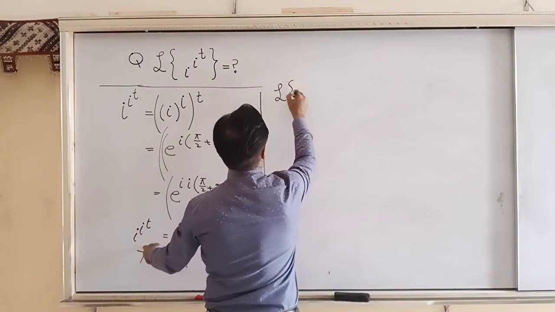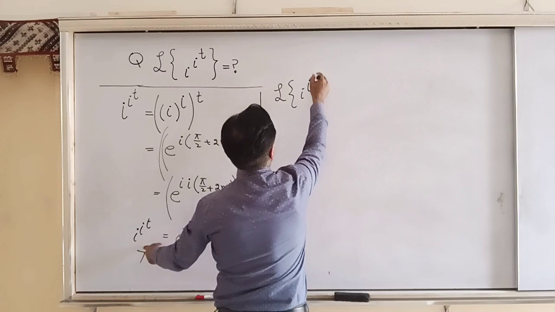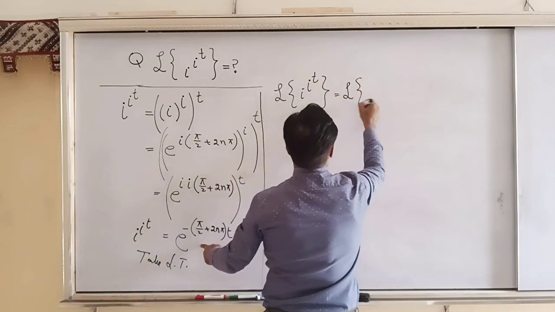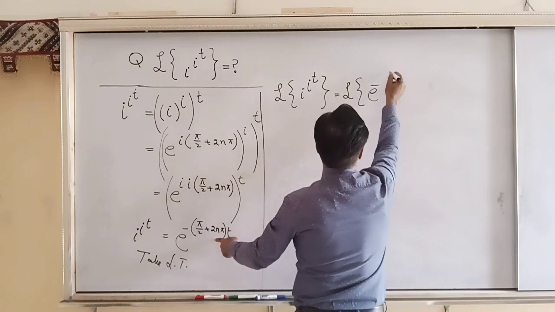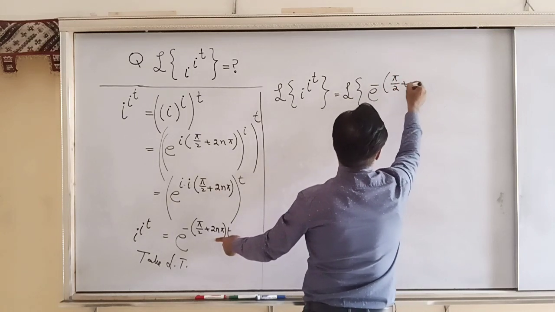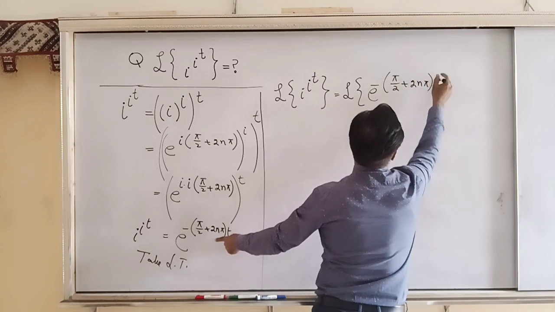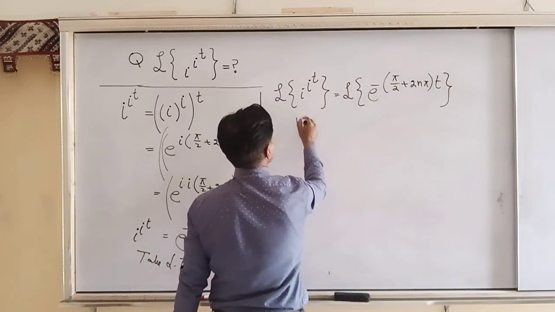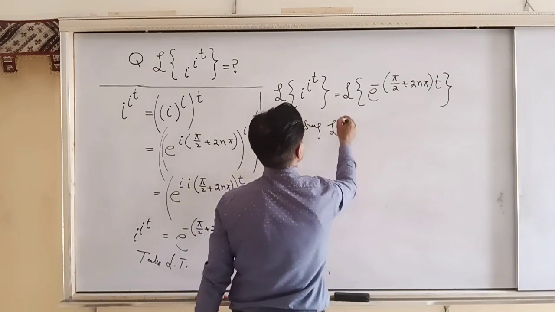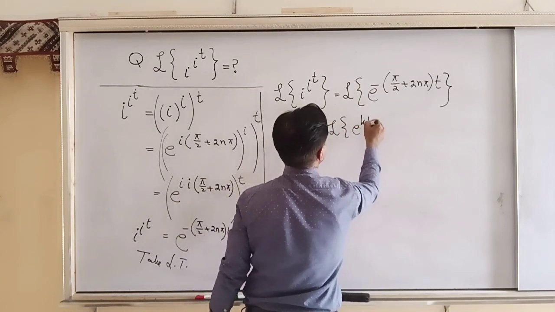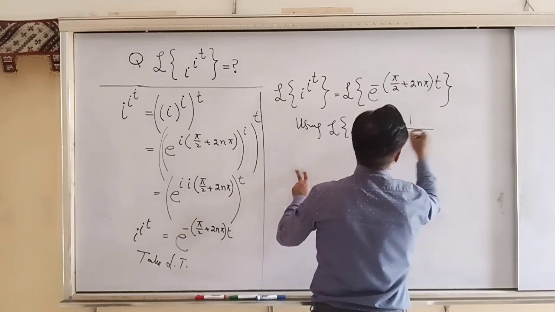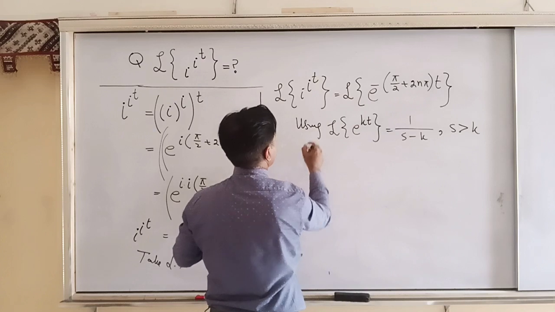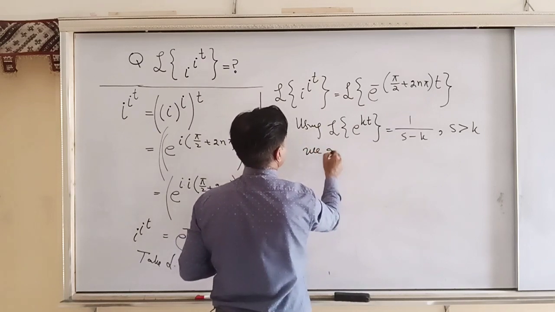Laplace transform of iota exponent t is equal to Laplace transform of e to the power minus pi by 2 plus 2n pi into t, right? And using the Laplace transform of e to the power kt equal to 1 over s minus k, where s is greater than k, we get